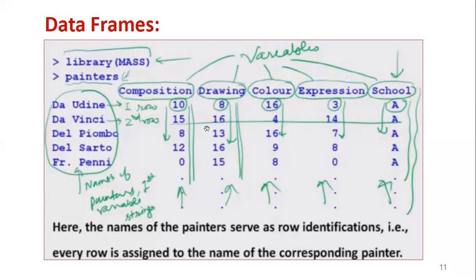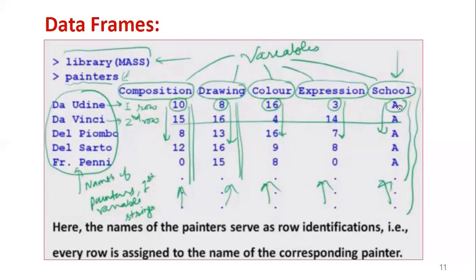The second component is composition, whose values are numeric, integer. The third one, drawing, also contains numeric values, integer data type. Color also, expression also; wherever numerical values are there, those are integer data types, whereas characters or strings are string data type.